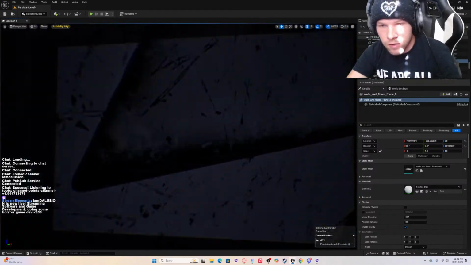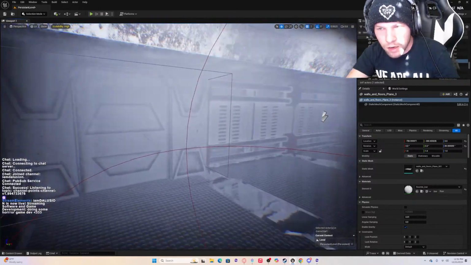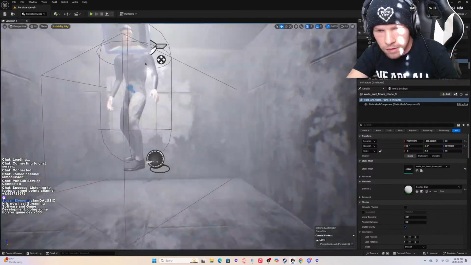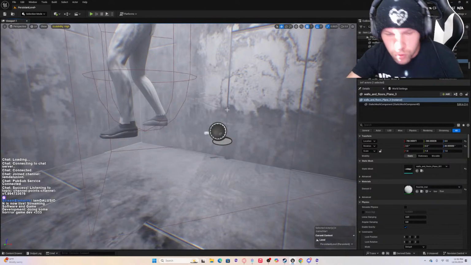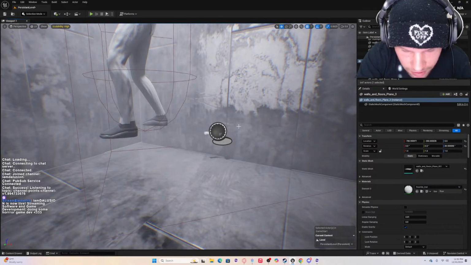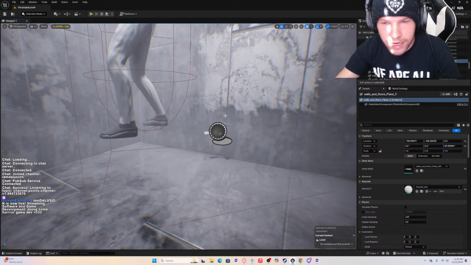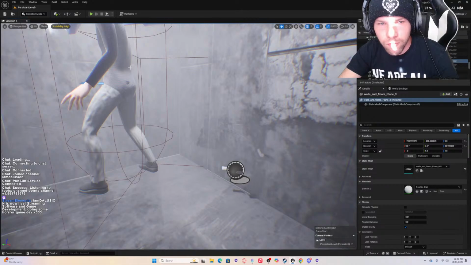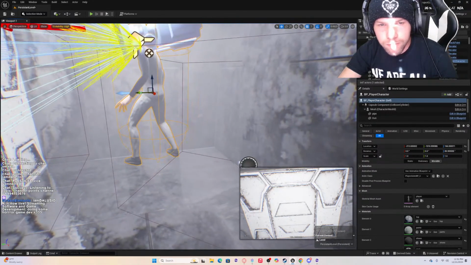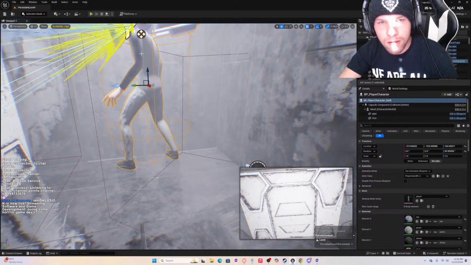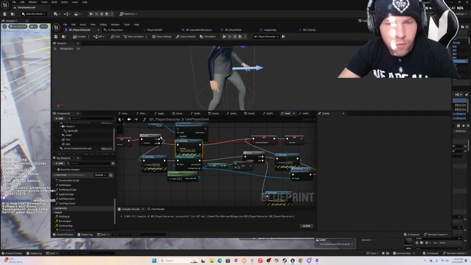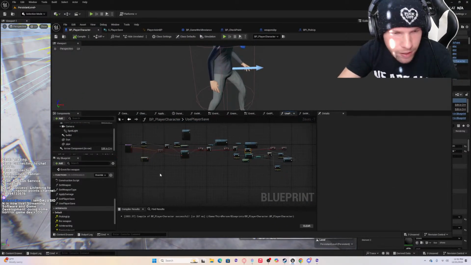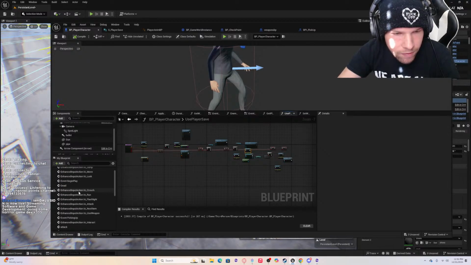Beautiful. Okay, so right now what I am working on is trying to get the save game mechanics working. What I'm trying to do is get it so that when the game loads, it gets this variable: does the player have the weapons and stuff. So the way the save mechanic works right now, I'll just kind of go over that.